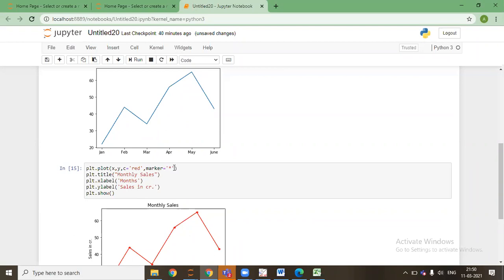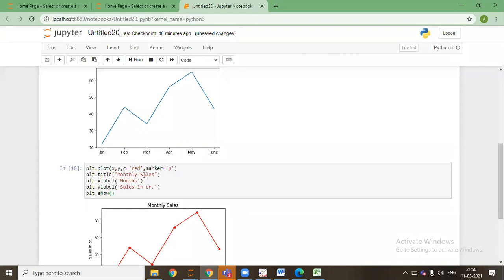Sorry guys, my throat is not well today. So I'll say p and press shift enter. It will come as some hexagon or octagon kind of a thing. So these are the different things with the help of which we can change the graph.